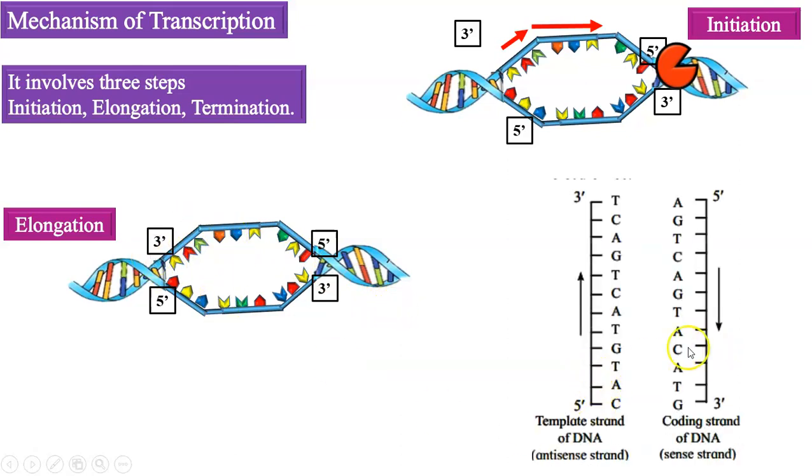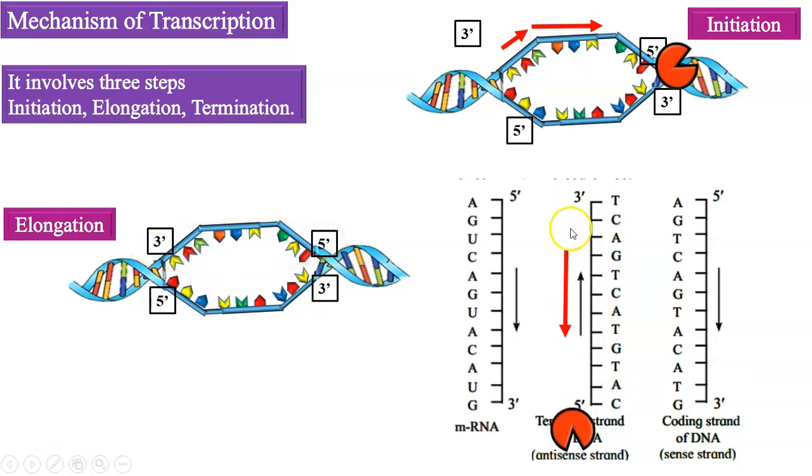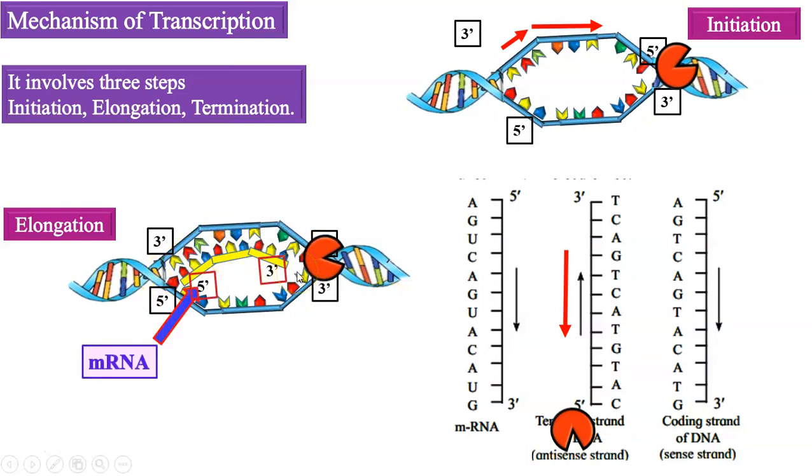These are the 2 strands separated with the help of RNA polymerase. This is the template strand with exposed nitrogen bases. We can see the actual nitrogen bases here. Then the RNA polymerase got attached. It will move along this template strand, and when it moves, it will attract the complementary ribonucleotides which will form messenger RNA. So here we can see the RNA polymerase moving along and the messenger RNA is getting formed